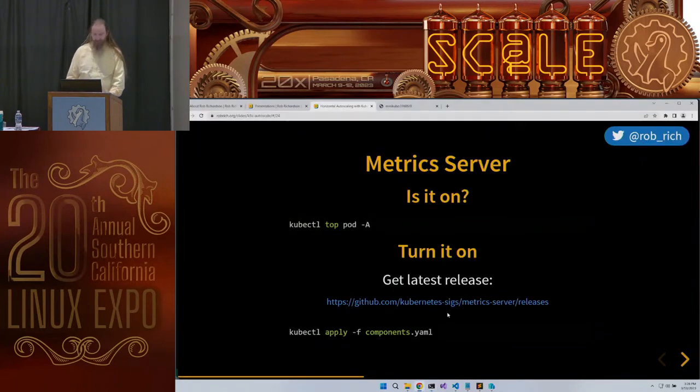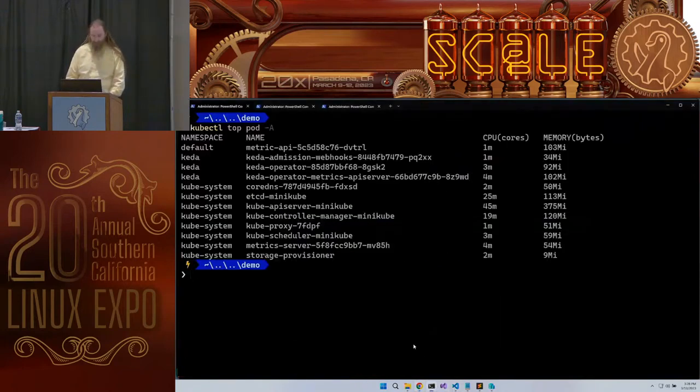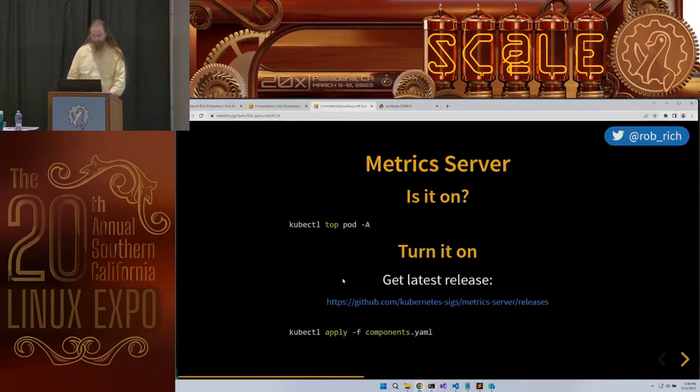We head off to the metric server repo in GitHub. We go apply components.yaml from the latest release, and up pops the metric server. Then we can come back here and we can go check to see if we have a top pod, if it'll show us the memory and CPU. In this case, it does. So we've got the metric server running. Excellent.